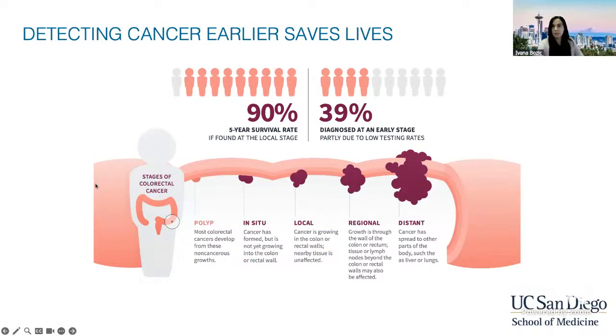So the focus of my group has been around cancer early detection and prevention. And I like this example of colorectal cancer to show why this is so important, where the 5-year survival rate of colon cancer caught at a local stage is over 90%, while colon cancer caught at an advanced distant stage has less than a 10% 5-year survival rate. Unfortunately, of those diagnosed with CRC, only 39% are diagnosed at that local stage. So the goal is really to diagnose more of these individuals at an early stage when their cancer is more